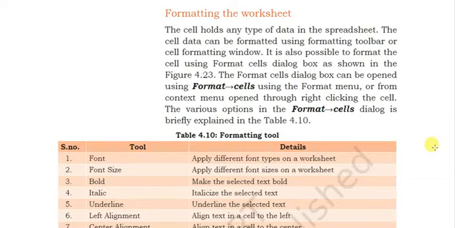The cells are the most important part of a spreadsheet. They can hold any type of data. The cell data can be formatted using formatting toolbar or cell formatting window. This formatting of worksheet is very important because whenever you deal with a problem in spreadsheet, you will have to